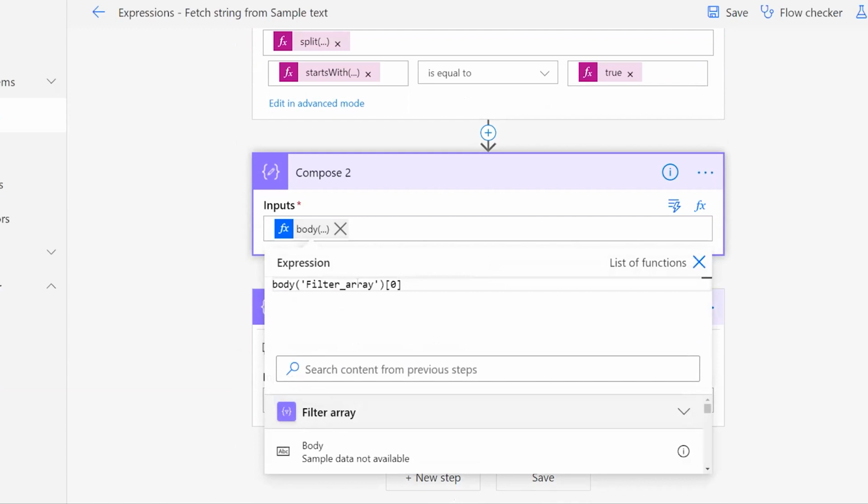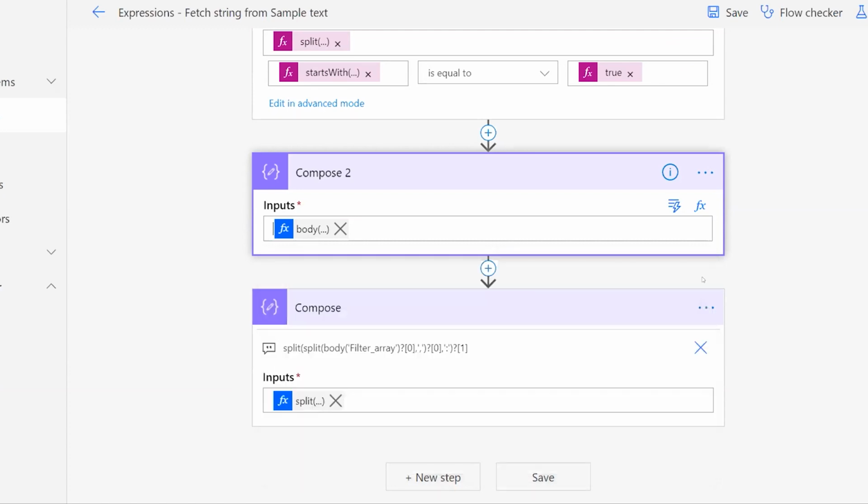I know there's only one line and I'm probably just interested in that line. So what do I do? I use the output of my filter action. And what is this? Give me the first item of my array. Why zero? No question mark. That means I'm always expecting that value to be there. So it may not be safe. Best practice: I purposely did this. Put a question mark in here.